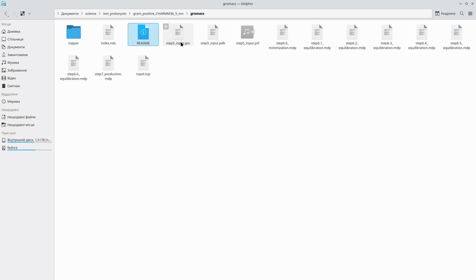We have multiple MDP files for energy minimization, equilibration, and in the end the production run. Equilibration files differ in position restraints, and